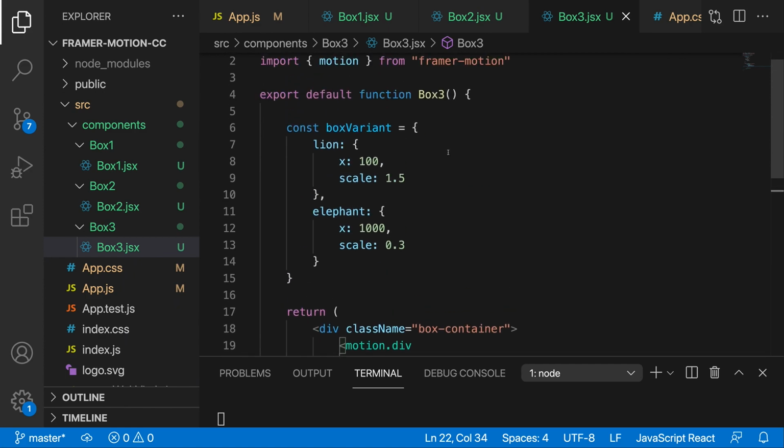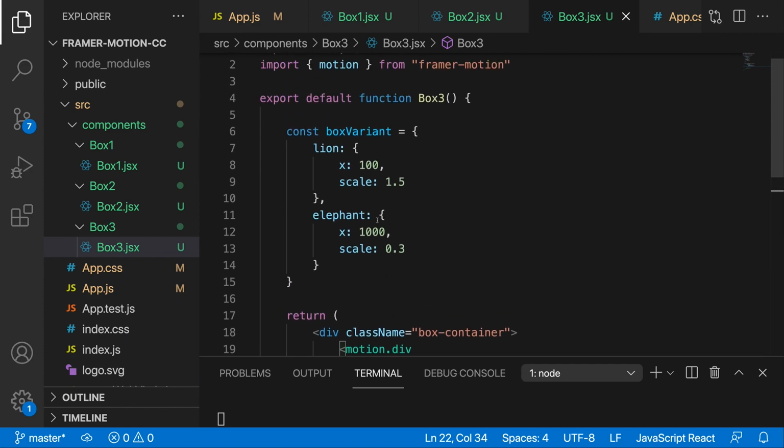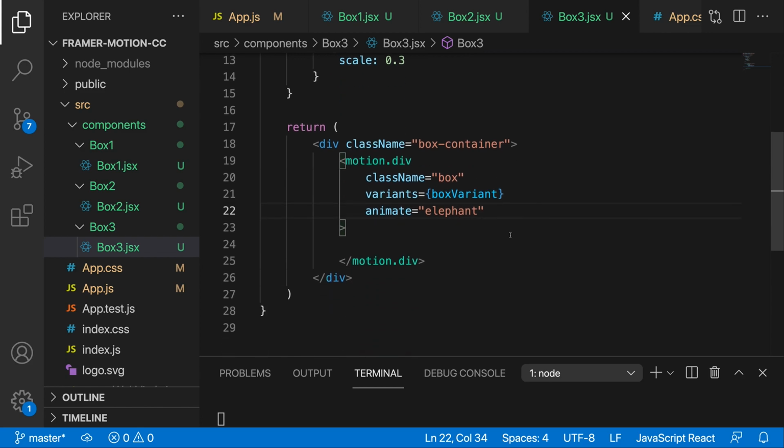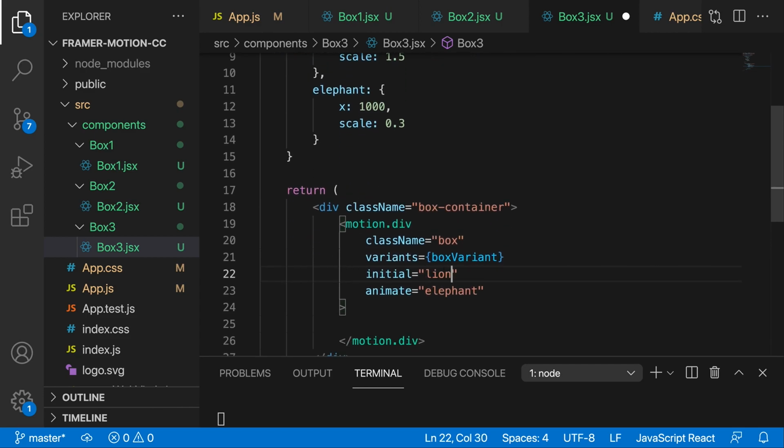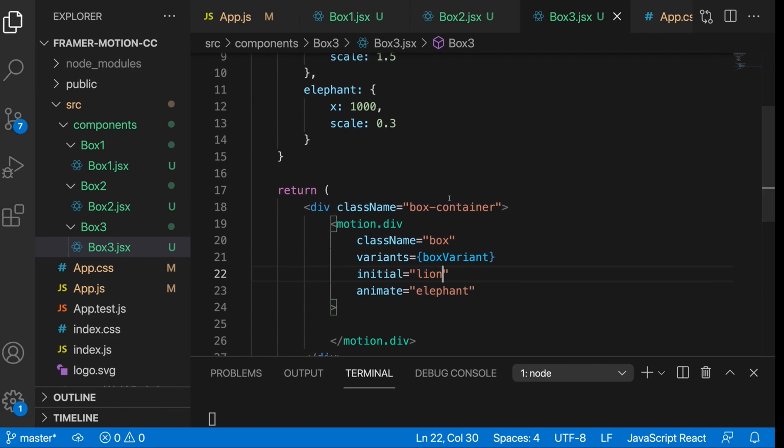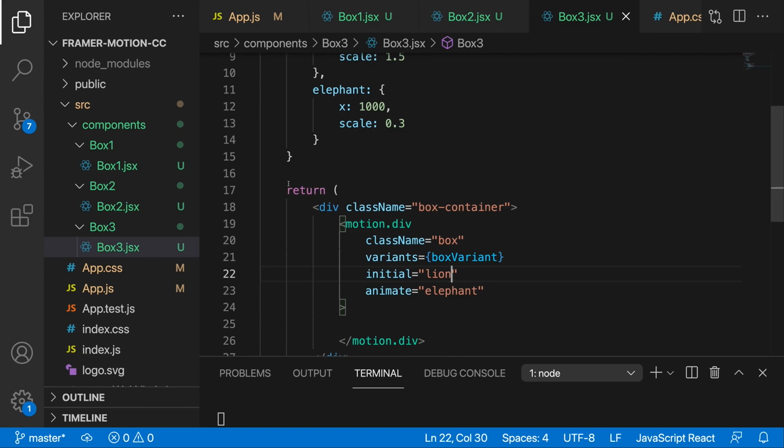So that is variants in a nutshell, and that's actually just a better way of doing things rather than just adding the styles in here. Now what's nice is you can use the same principle with the initial. So instead of having the object, you can say, okay, initially I want it to be lion, and then I want to animate it to elephant. So initially I want it to be this really large thing, and I want to animate it to